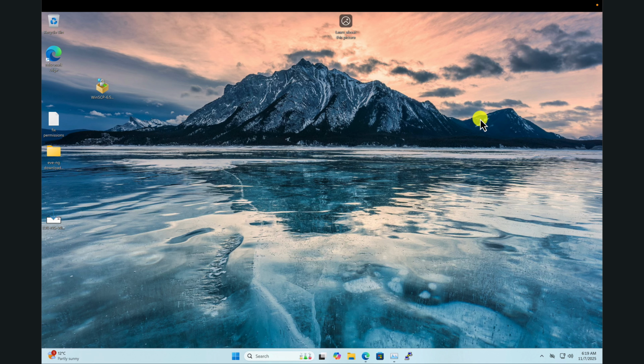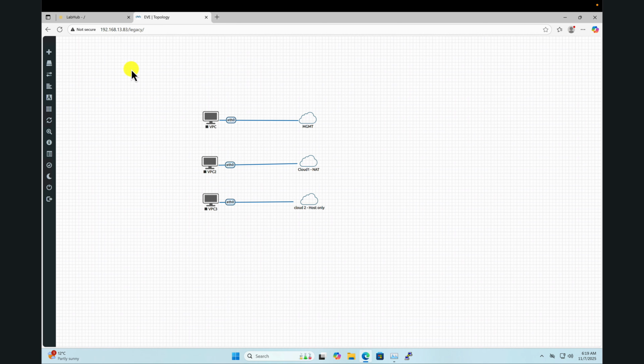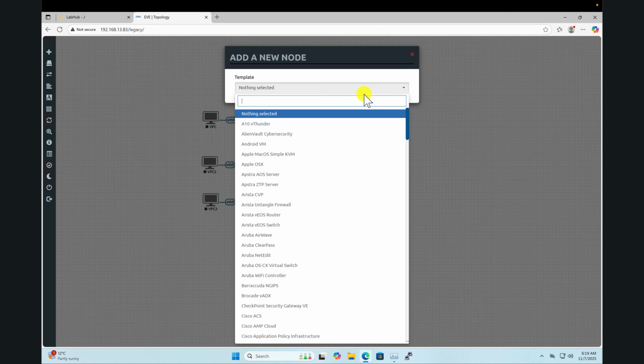Welcome to lesson 5. In this lesson, we are going to explore how to upload new emulation images to EVE-NG. If we look through the EVE-NG web interface on the IP address of 192.168.13.83, if we try to add any new node, we see that